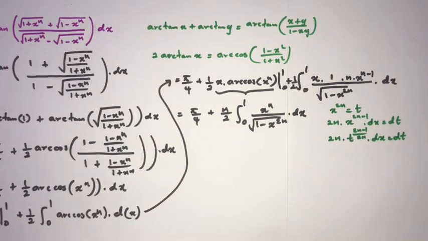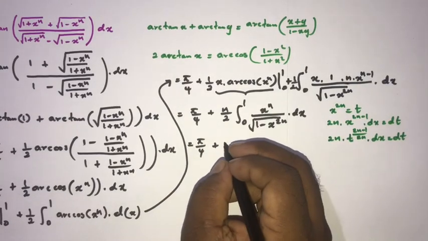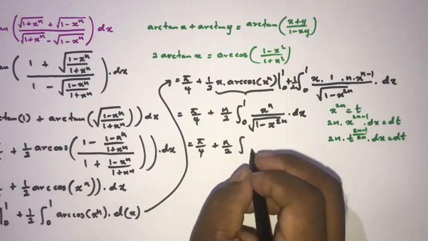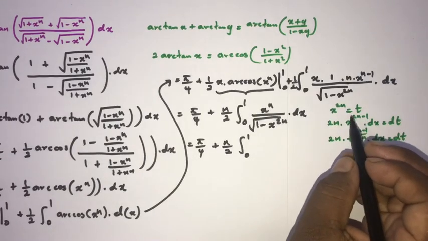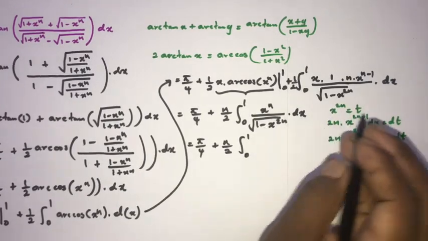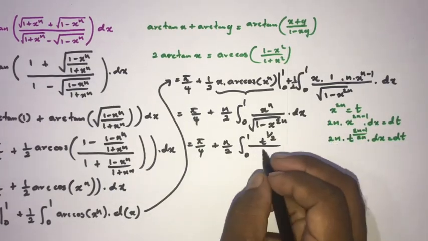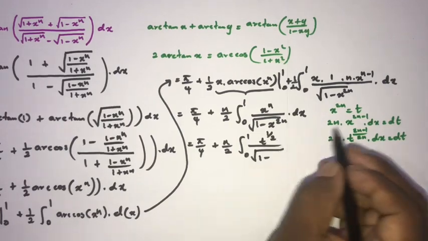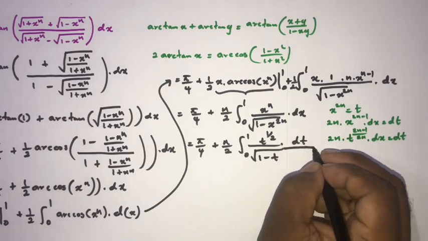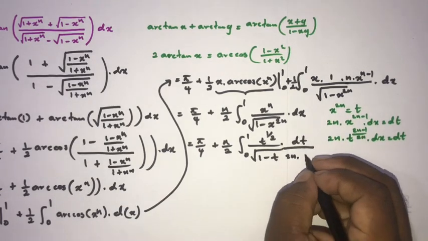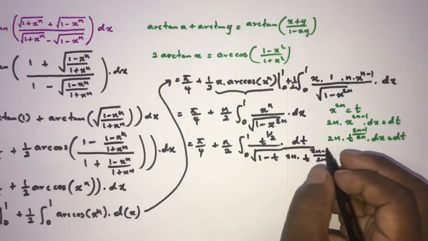Okay, then we can plug in here, so pi over 4 plus n over 2, limits also, boundaries we know 0 to 1. Now here x to the n, x we know is t to the 1 over 2n, so x to the n we know is t to the 1/2, so here t to the 1/2 power over the square root of 1 minus x to the 2n, we know that is t. Now dx we know is dt over 2n times t raised to the (2n minus 1) over 2n power. Okay, then